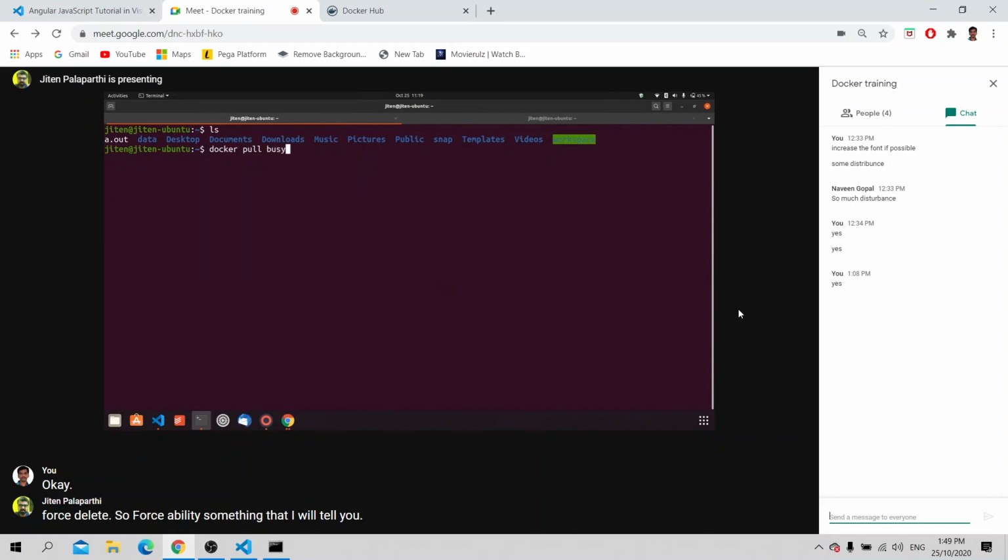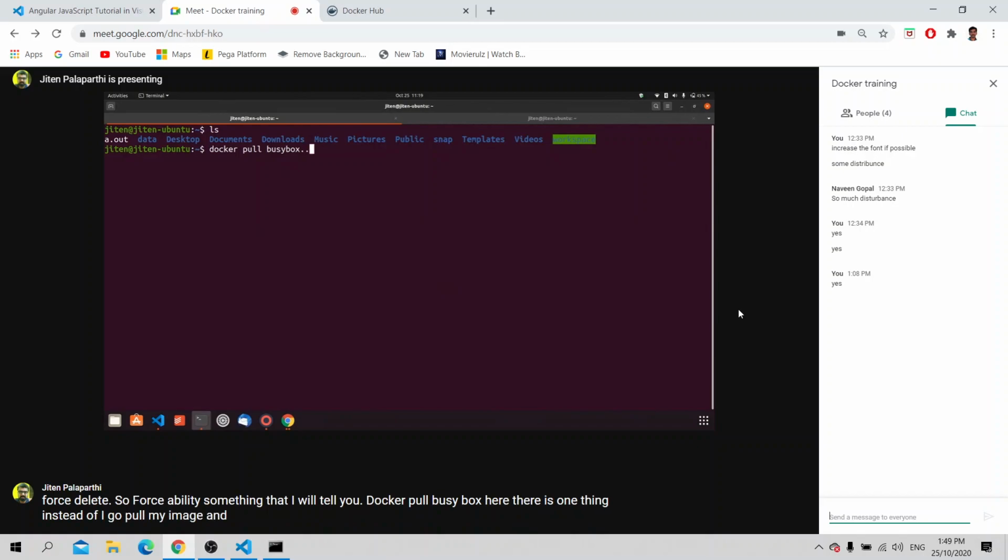Docker pull busybox. Here there is one thing. Instead of pulling my image and then running it as a container, I can directly do docker run -it --name box1 busybox.